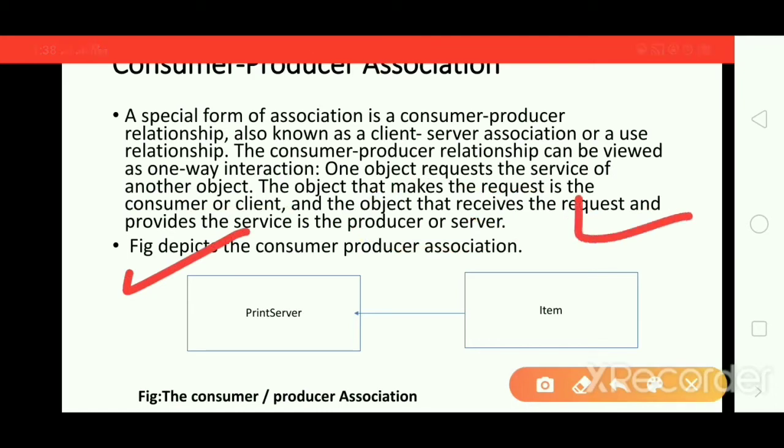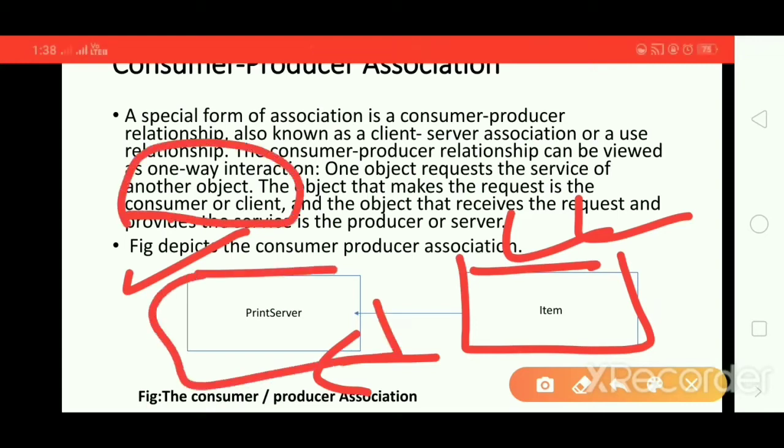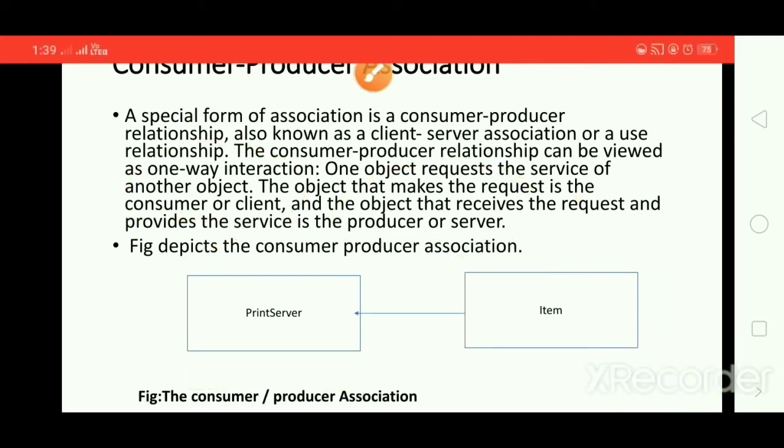Here the item is requesting to print a paper to the print server. So this item object will become consumer or client, and this print server is providing service, so it will become a producer or server. This is consumer producer association.